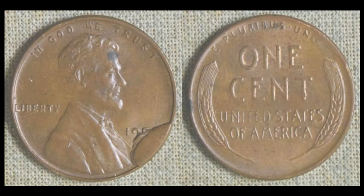And then also from the same seller, we have a 1950-something. All right, so there's obviously something covering the date, but this is a Lincoln wheat cent with an apparent cud die break right over the date. This thing is really cool. You don't see this quite that often. This particular one, I don't recall if I've ever seen this particular cud before, but it's a right good size. It's quite chunky, and